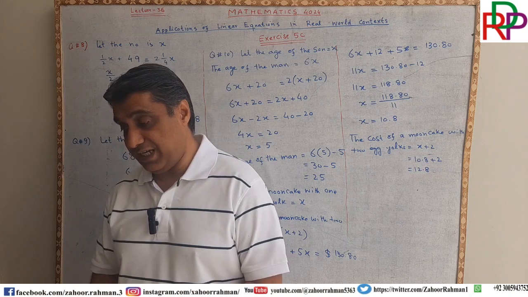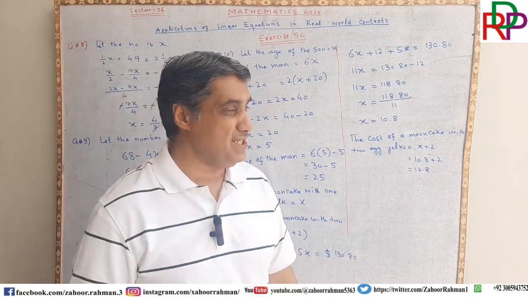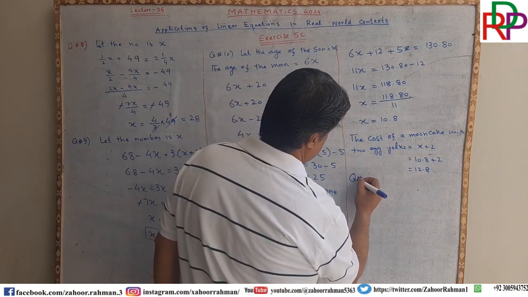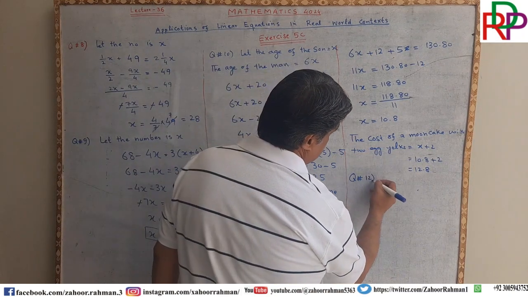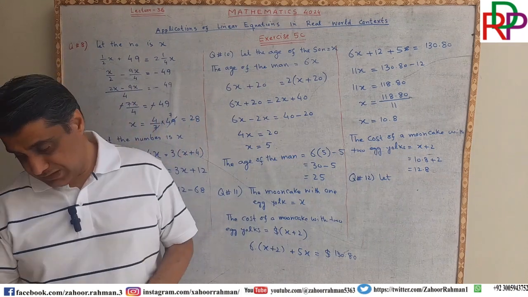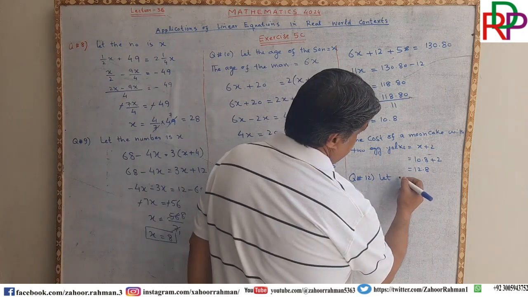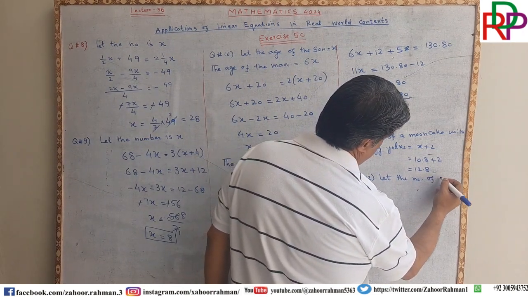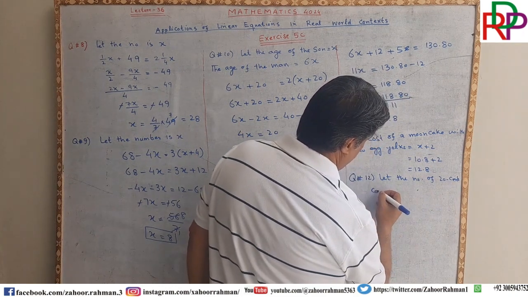We have to take it as, let the number of 20-cent coins, this is question number 12. Let the number of 20-cent coins